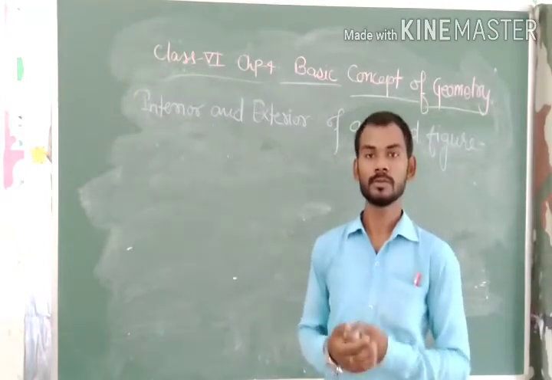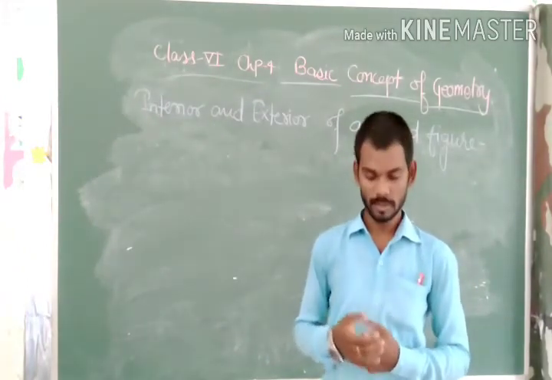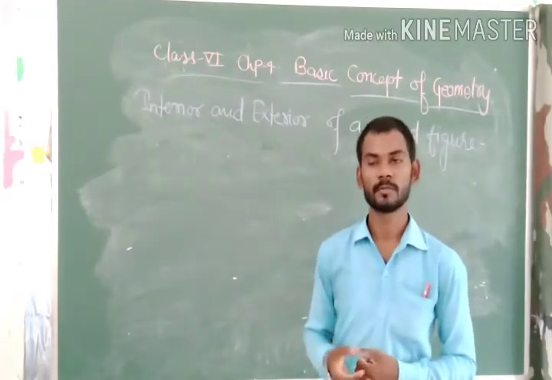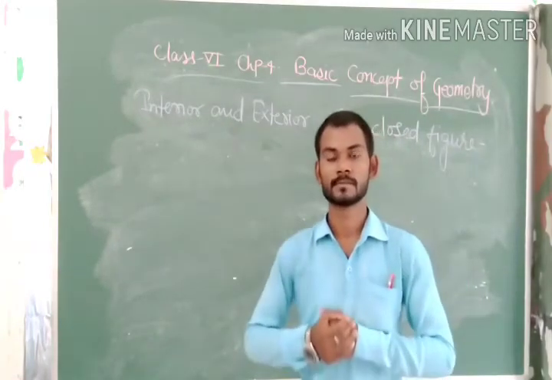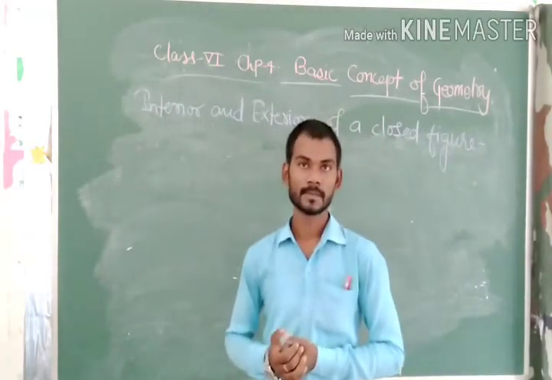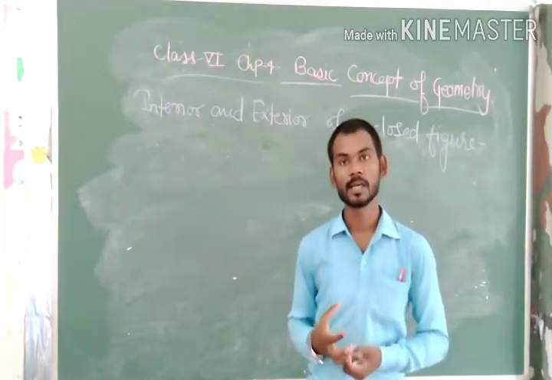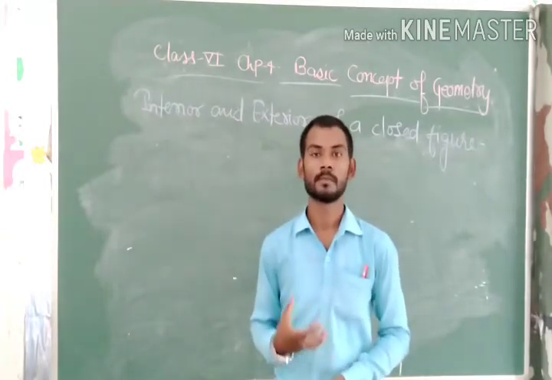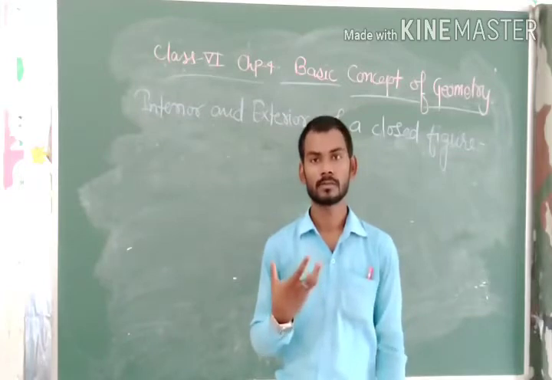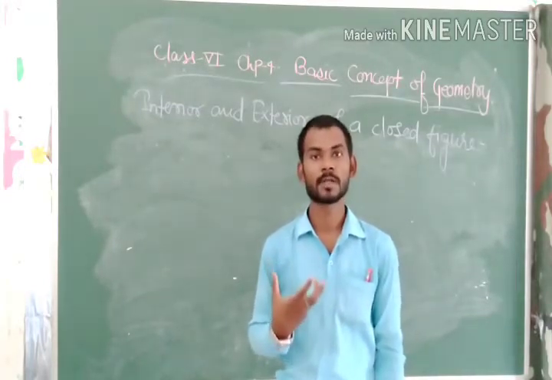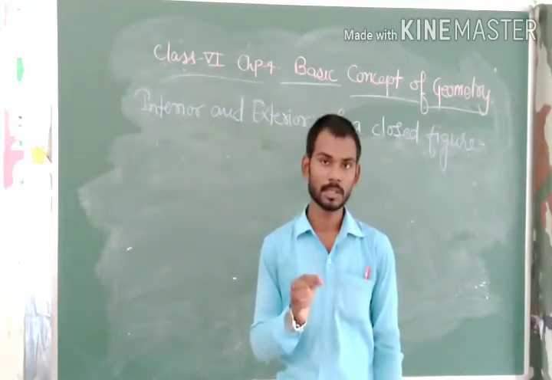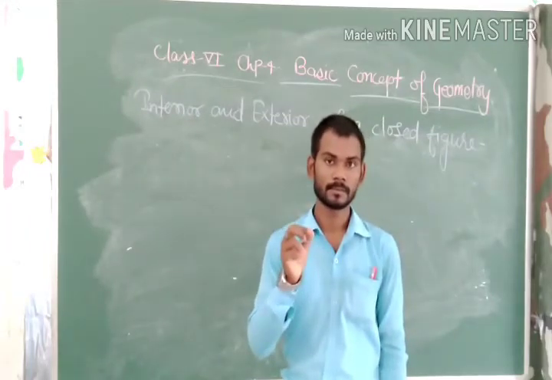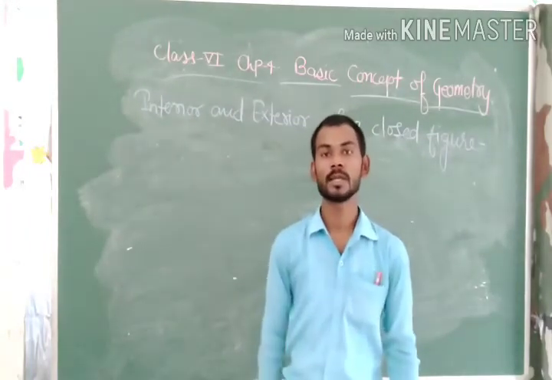In the last two videos, we have discussed some geometrical structures, meaning some geometric shapes. And in the last video, I gave you an idea about polygons. A polygon is a closed figure or a simple closed curve. But there is only one difference: the polygon is formed by only line segments.